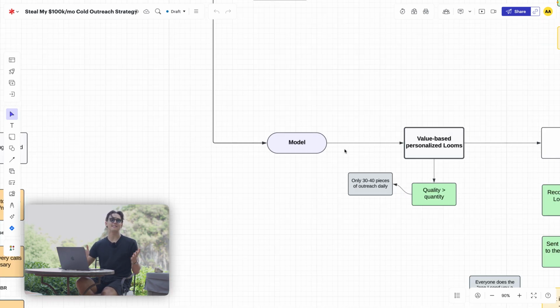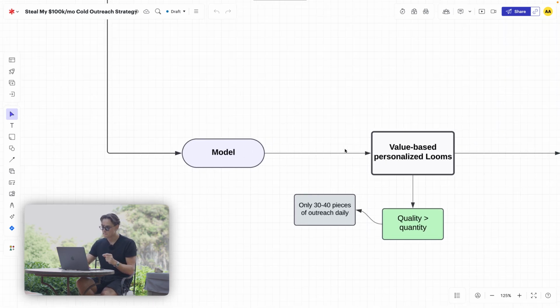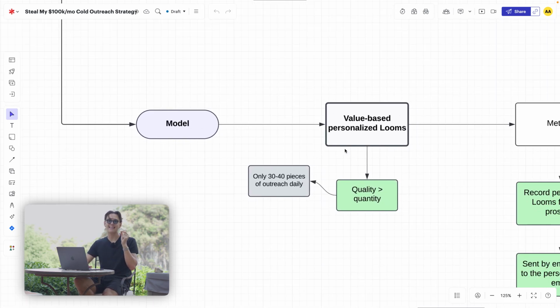So what is actually this model? It's value-based personal looms, and that is a quality over quantity strategy. You're only sending 30 to 40 pieces of outreach daily. You're not blasting tens of thousands of people every single month the way you usually do with email, and the bar just becomes higher and higher. I've met people blasting 300,000 to 400,000 emails every single month in the US alone. This only requires 900 to 1,000 pieces of outreach every single month,